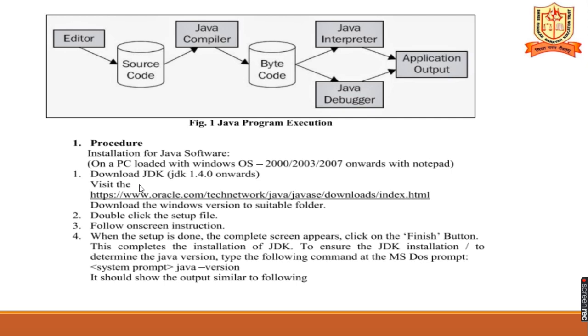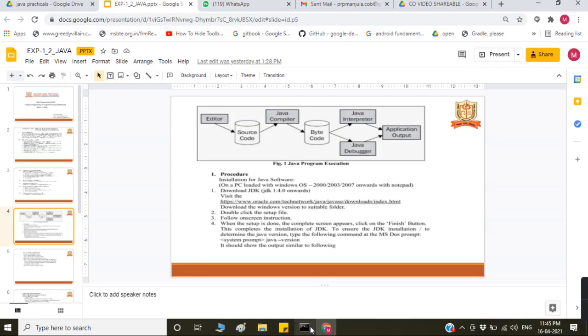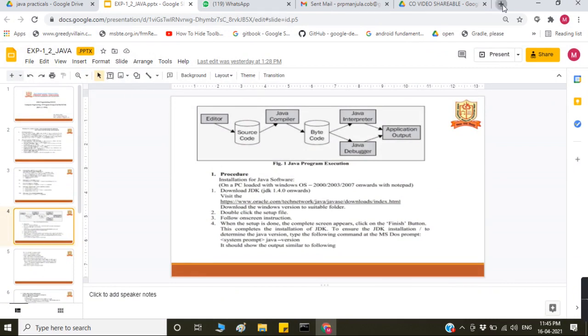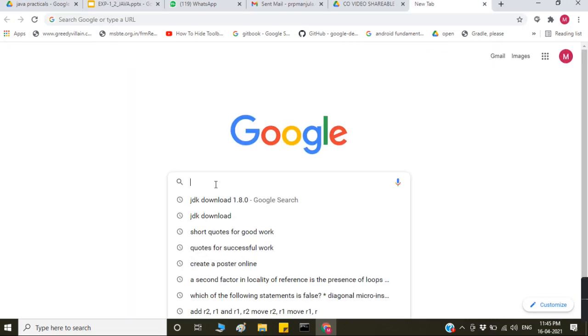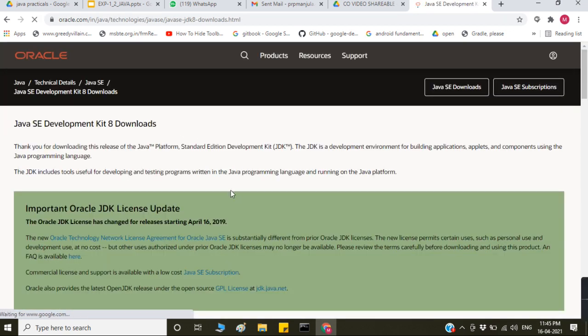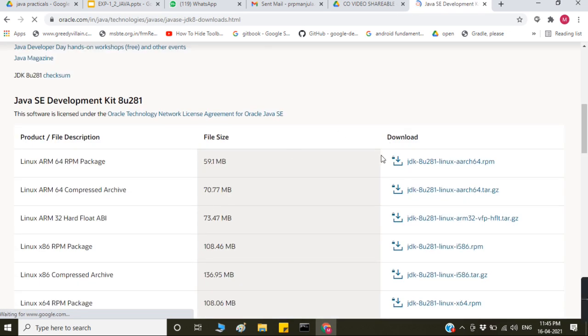So you are here. Click on JDK download, 1.8 version, and whichever one you need, go on. In this PC it is already installed, that's why I am not downloading.